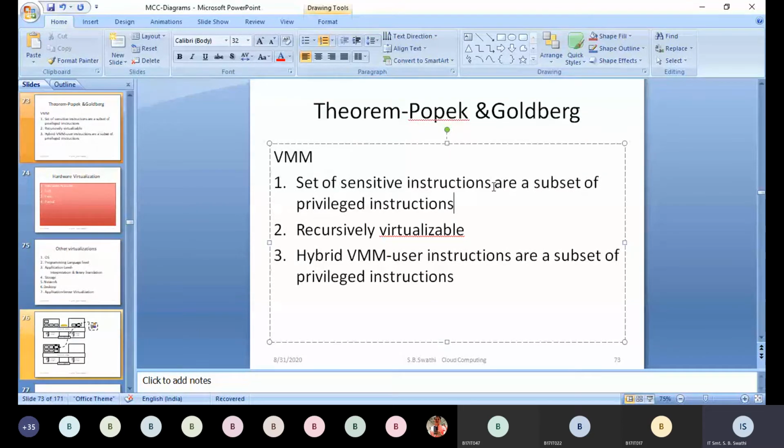The cloud server serves hundreds and thousands of clients. If the data in that server is changed by a single VMM, it will completely destroy the cloud network and the other clients. So whatever instructions a particular VMM is executing should be only a part of the OS instructions. It should not be able to access the complete privileged instructions of the OS.